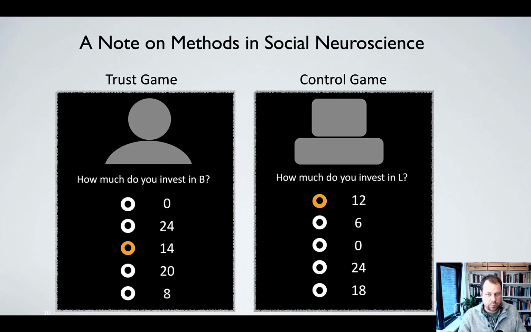Let's think, for instance, about the difference between, in this case, the non-social condition, the risky control game here, asking participants to make decisions about investments in lotteries, and a social condition in which we make exactly the same kind of decision, but we're actually investing into another person in the context of a trust game. So what we have here is basically a subtractive method. We're matching everything in the decision screen, so the perceptual elements, we're matching the motor elements, it's exactly the same choice. We're even matching the type of stimuli, so the type of values that participants can and cannot transfer in each of these tasks,